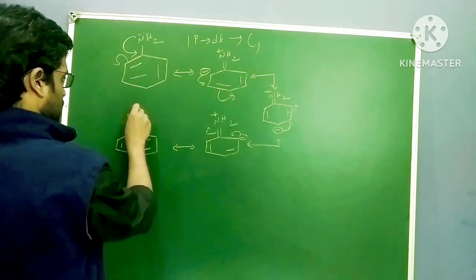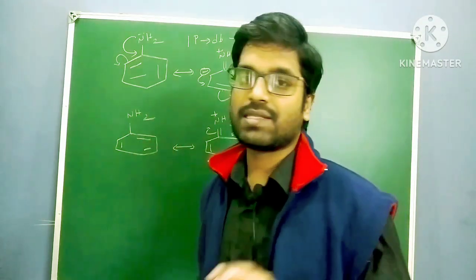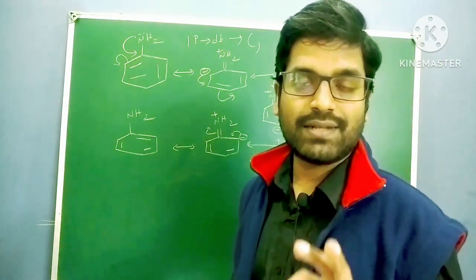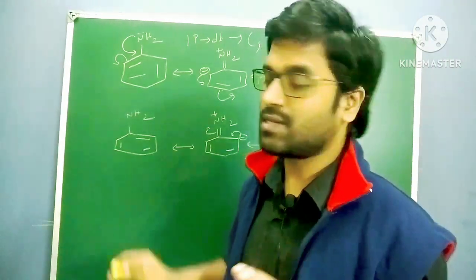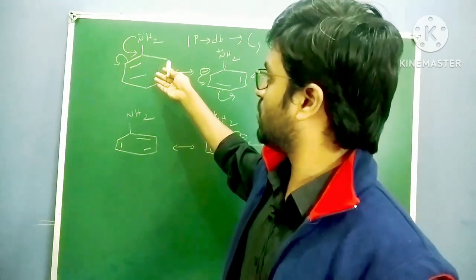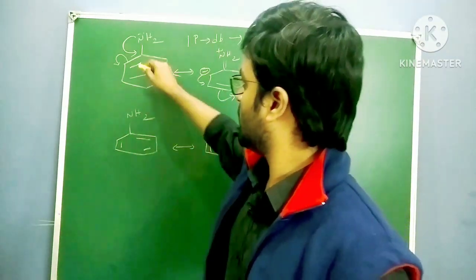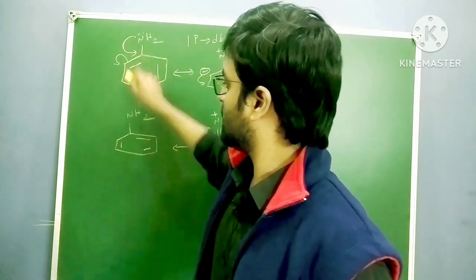Here NH2. Dekho. Now this structure and this structure are similar structures. Until you get this similar structure, you have to draw these resonance structures. Okay, you take the initial molecule like this. So this is the similar structure. See, here double bond, here single bond. In place of this, it is single bond.